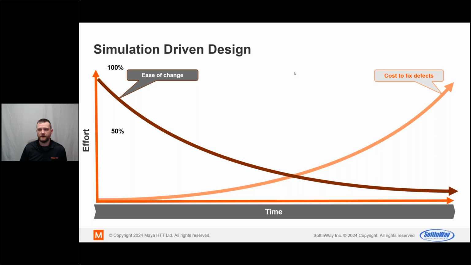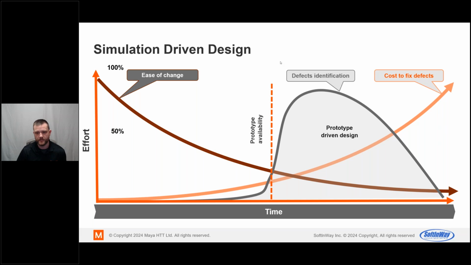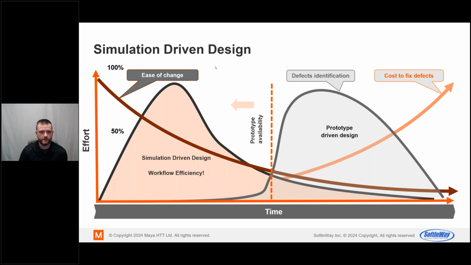And really what we're talking about today is simulation-driven design. Everything we're talking about today is doing simulation in order to speed up our design process and speed up our time to market. A lot of us are probably aware, if you work in this simulation space or in this industry, that there's a lot of competition. There's a lot of pressure to get things to market quickly, and certainly doing simulation up front is designed to make that happen. We don't want to be finding defects when we're doing our prototypes. We want to be finding this stuff during simulation.